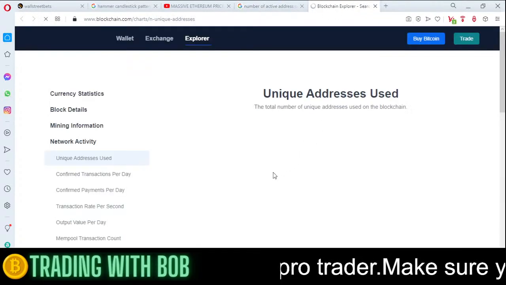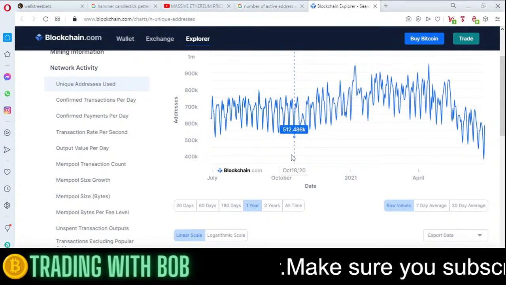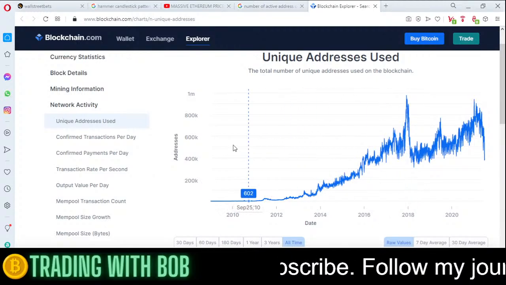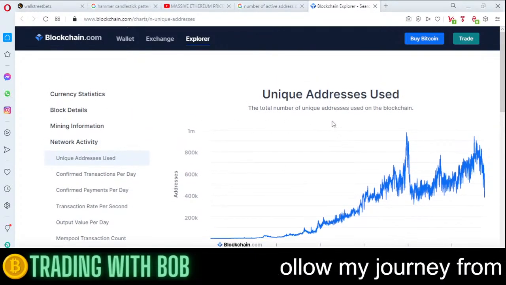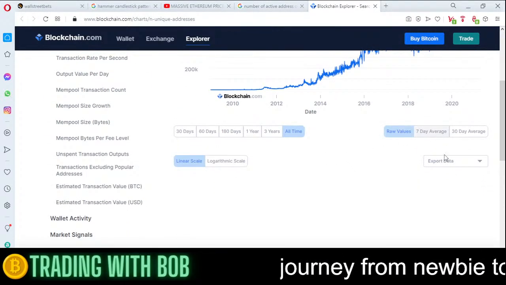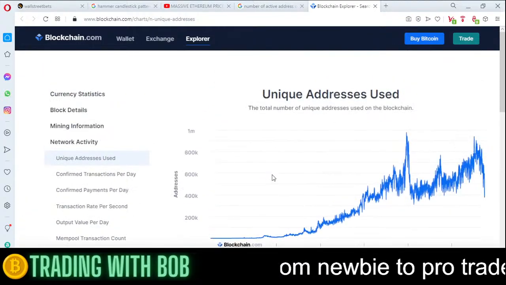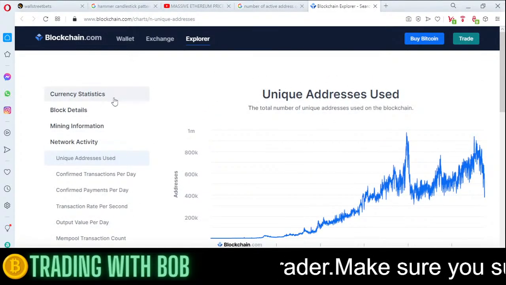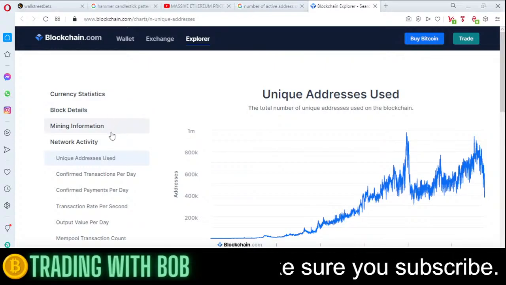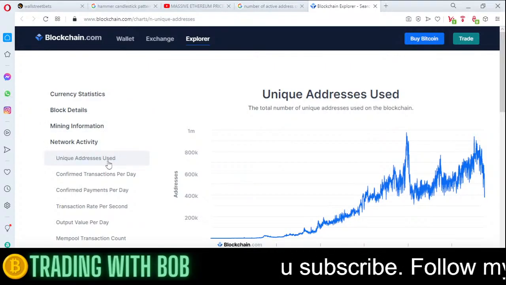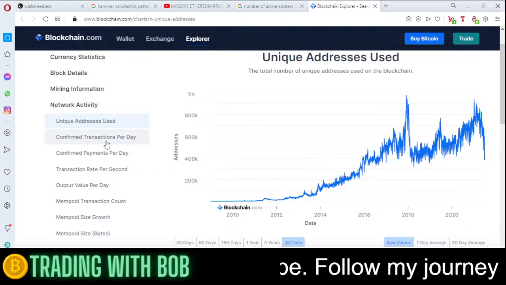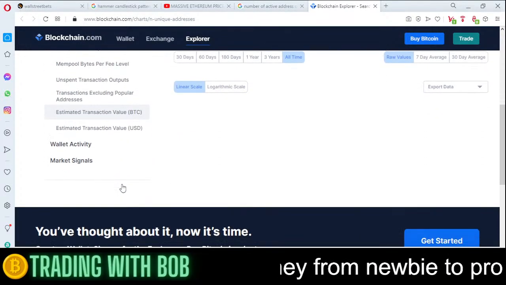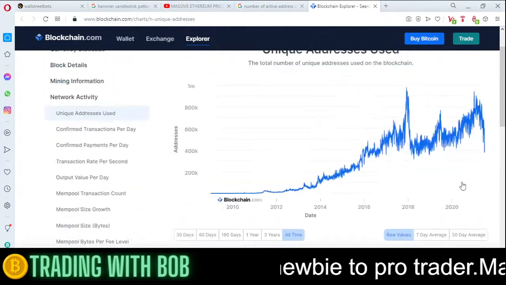Open a new tab. Alright, so there we go. Yeah, all time unique addresses. Okay, so it gives you all this. Is it only for Bitcoin though? That's the thing. Currency statistics, blockchain details, mining information, networking, unique addresses used, confirmed transactions per day, and so on. Alright, so